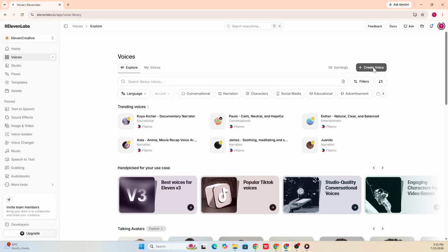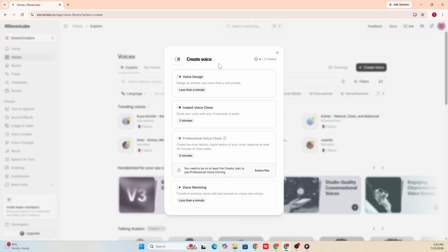Inside the Voices section, look for the option called Create or Clone Voice and select it. This will take you to the voice cloning setup, where you'll choose the type of clone you want to create. At this point, you'll be asked to choose between an instant clone and a professional clone. Select the option that matches the audio you prepared earlier. If you only have a short recording of at least 10 seconds, choose the instant clone. If you've prepared at least 30 minutes of audio and want to use the professional voice cloner, choose that option